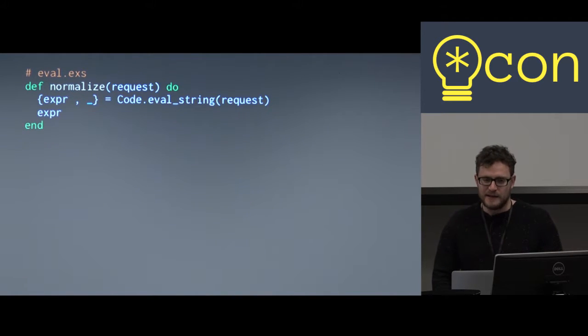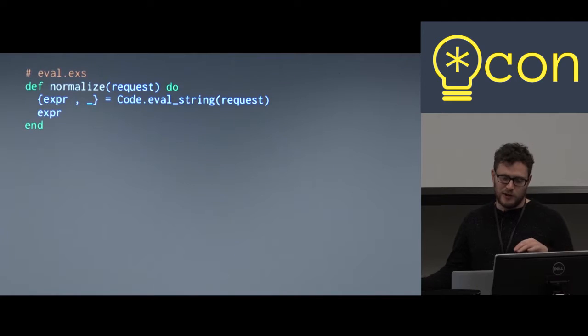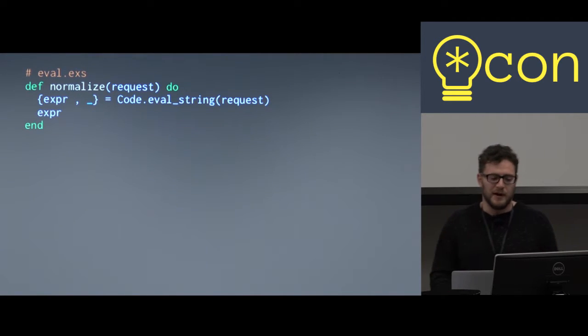So normalize is just going to eval a string. And you see this a lot where I have a string and I want to turn it into an object in my language, so how do I do that? Why don't I just evaluate the string as code, and then I get back a structure or a tuple or whatever in my language. So we're pretty much done here because we're reading a string off a socket and then